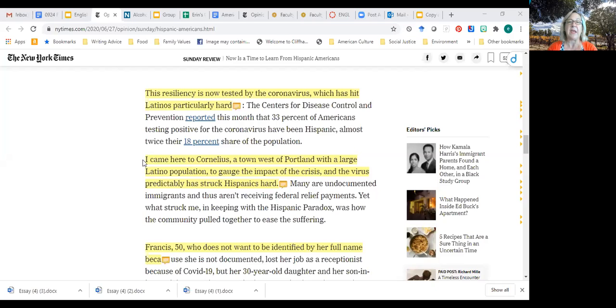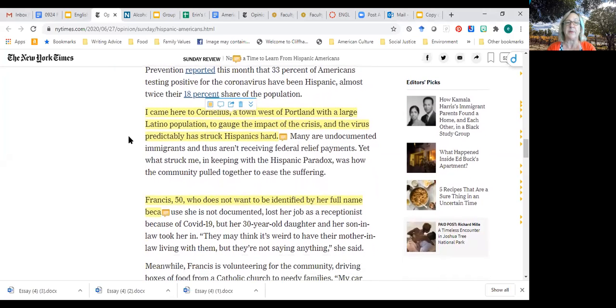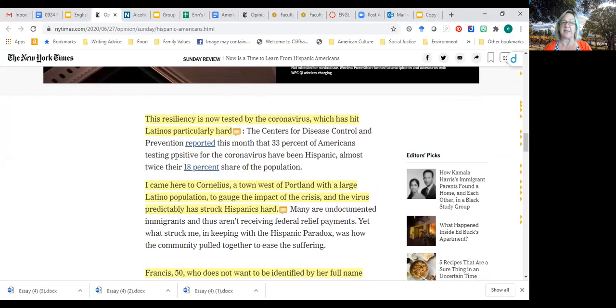And now he enters in. He says, I came to Cornelius, a town west of Portland, with a large Latino population to gauge the impact of the crisis. And the virus predictably has struck Hispanics hard. And so he's got the statistics from the CDC, and now he adds an example.